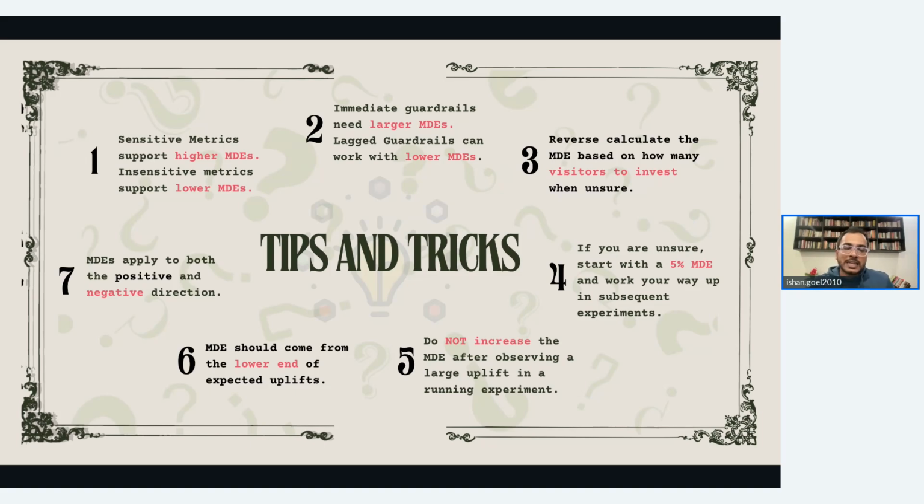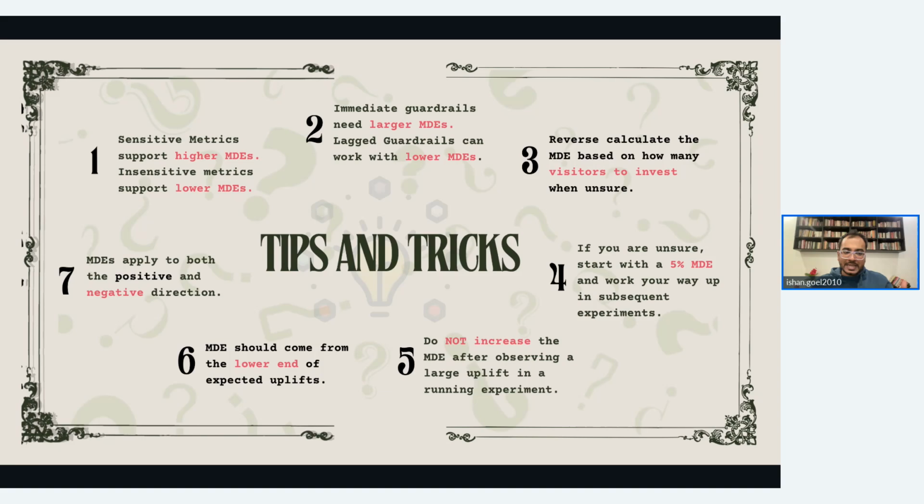What happens is that generally there is a chance that you see a large uplift purely due to fluke, like your metric has a larger variance, or there are some other reasons, suppose there are a lot of different segments with different conversion rates in the background. So there is a chance that you observe a large uplift early into the test. But if you lower your MD, so if you lower your sample size based on the large uplift,